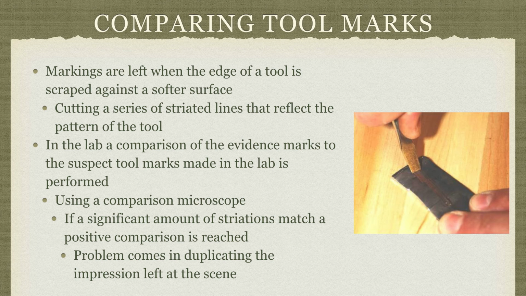In a lab comparison of the evidence marks to the suspect tool, marks are made in the lab so as to perform the comparison. Labs need to create a number of marks from various angles to duplicate as many marks as possible before comparing. Using a comparison microscope, if a significant number of striations match, then a positive